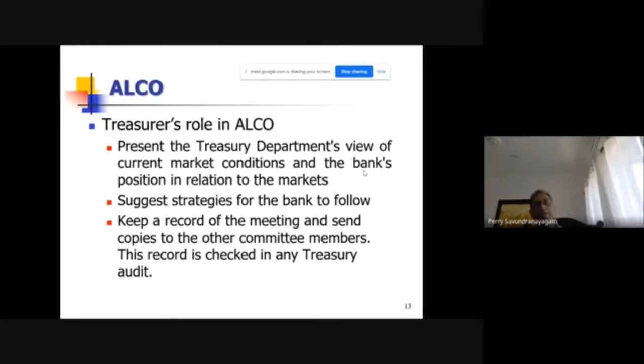So what does Treasury do? Present the Treasury Department's view on current market conditions and the bank position in relation to the markets. Suggest strategies for the bank to follow. Keep a record of the meeting and send them. So basically,